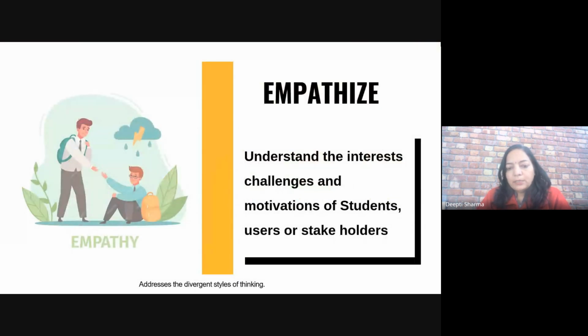Now let's explore these phases in detail. First thing is empathy. Empathy addresses the diverse styles of thinking. It understands the interest, challenges, and motivation of students, users, or stakeholders. We can include